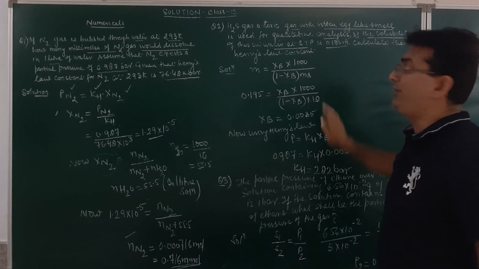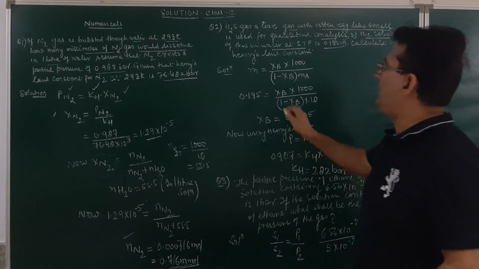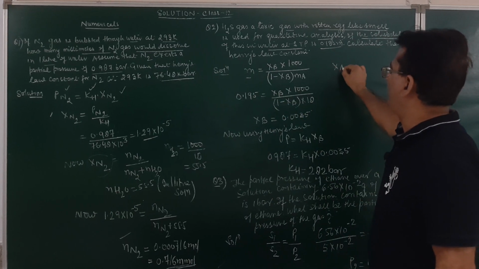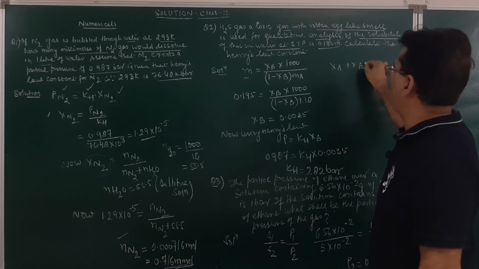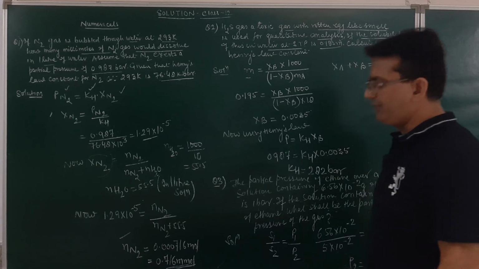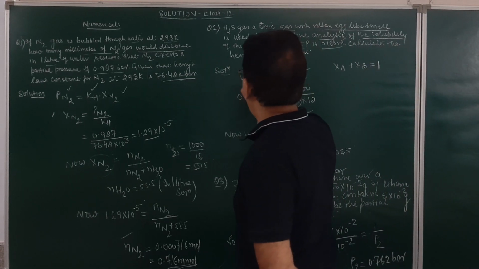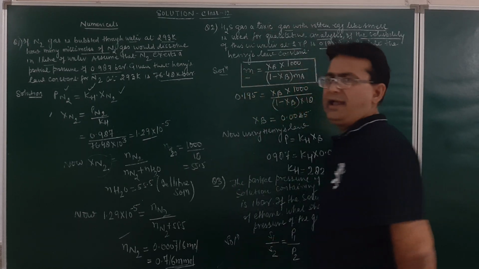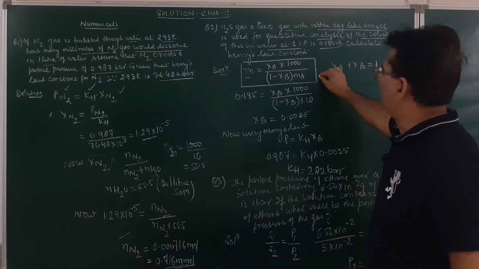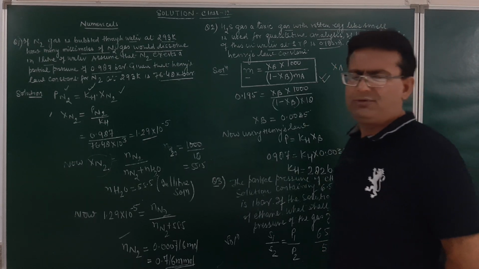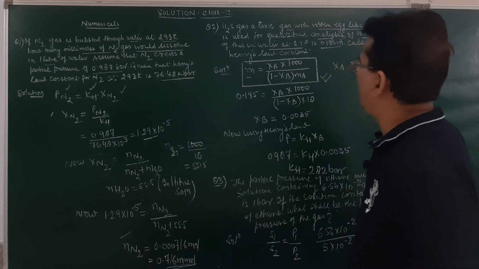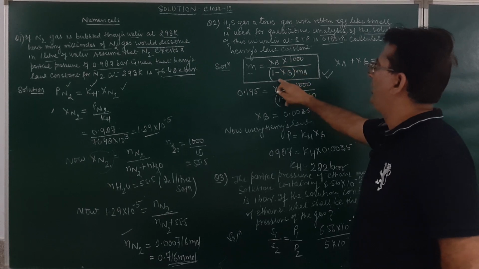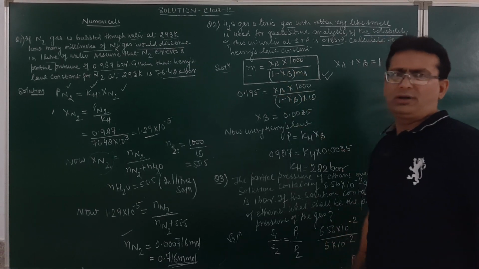Now in the question, the mole fraction is not given, but the molality of the solution is given. And we know the mole fraction of solvent and solute sum up to 1. So we have a relationship between the mole fraction of a solute and the molality of the solution. Very important relationship you have been studying from class 11, and I have been emphasizing this formula too much in my discussions. Molality will be equal to xb into 1000 upon 1 minus xb into the molecular mass of the solute.